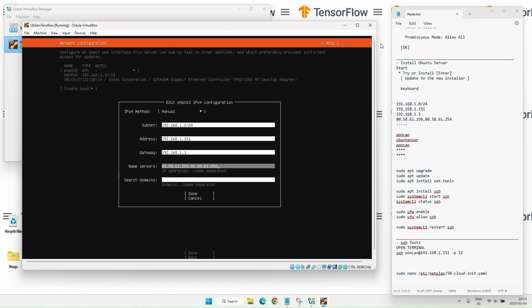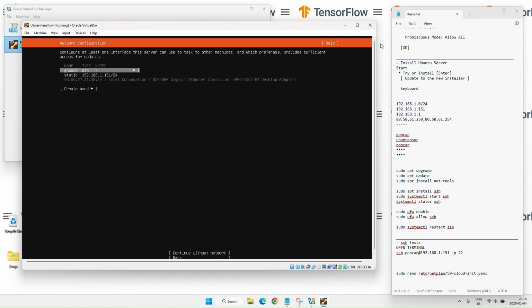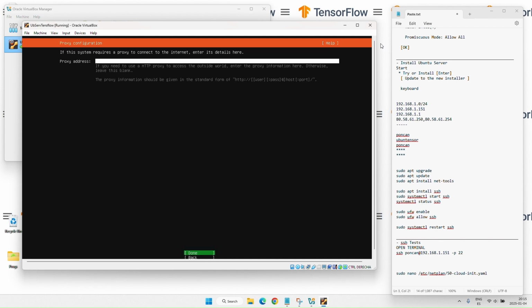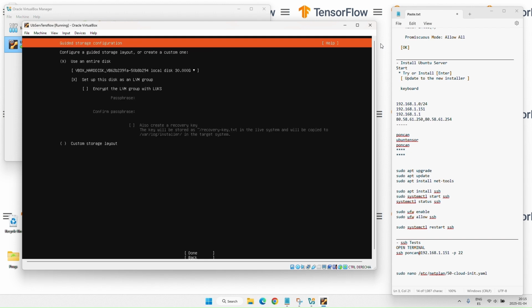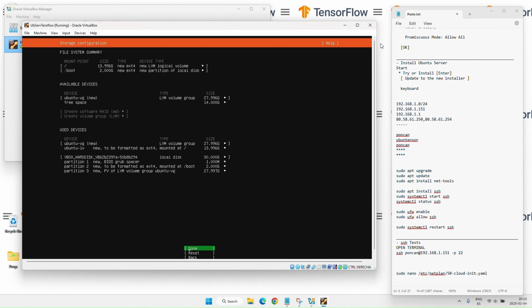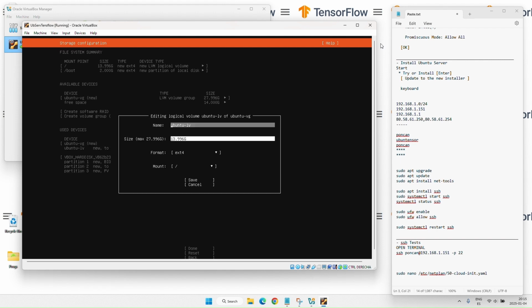We leave the domain blank. Here it is important to expand the working partition of our hard drive to the maximum.